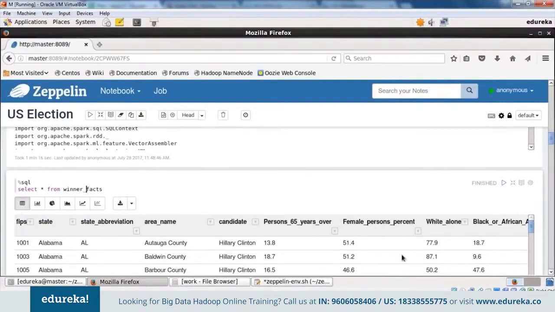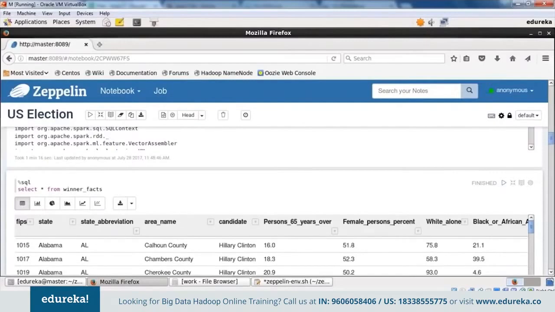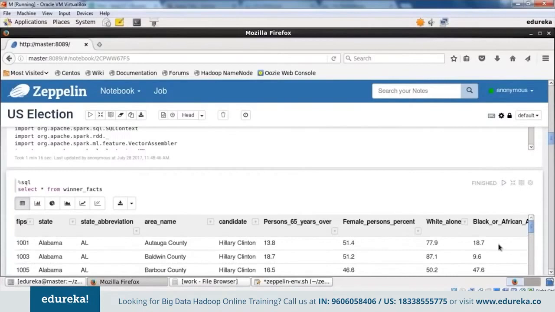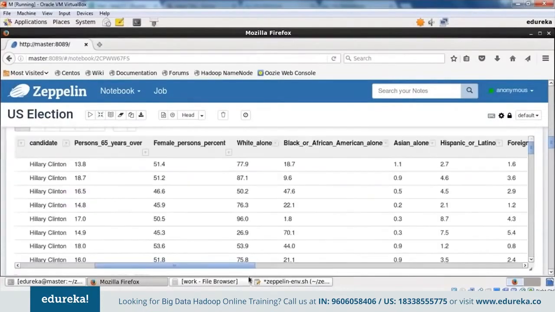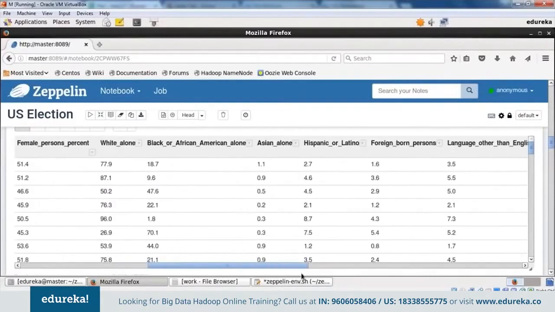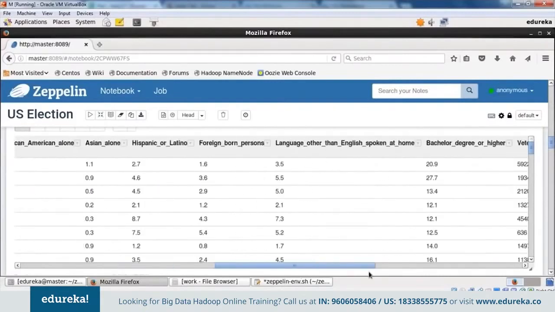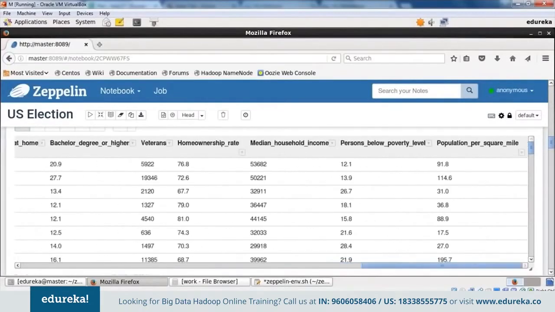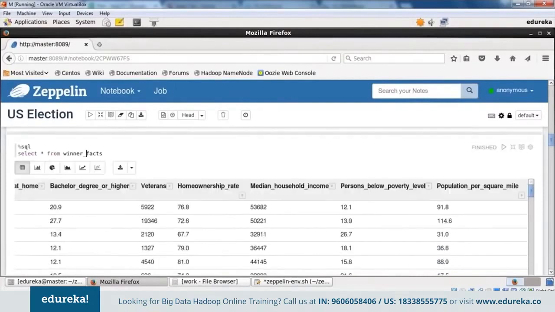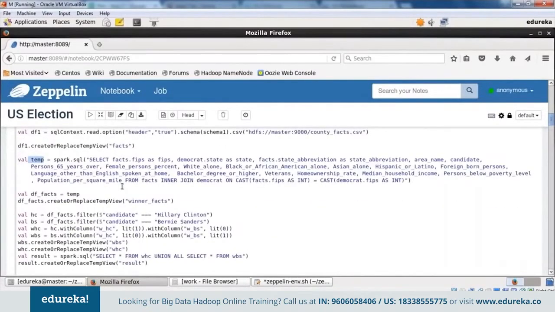Female percentage is 51.4%. White alone, 77.9%. And so these show you the data. Black or African American is 18%, and then I've got the different fields that I have selected: Asian alone, Hispanic or Latino, foreign-born. So I have chosen 14 features to analyze.